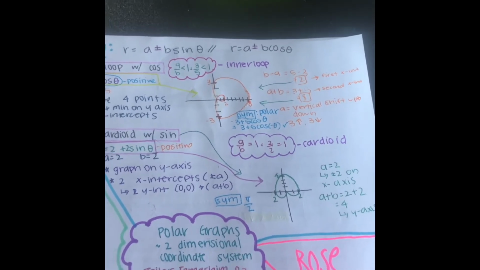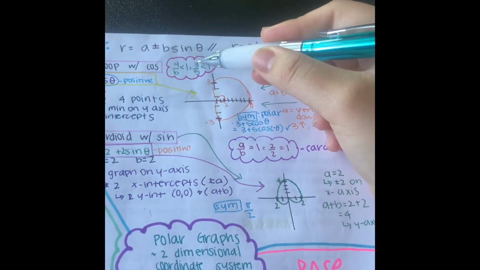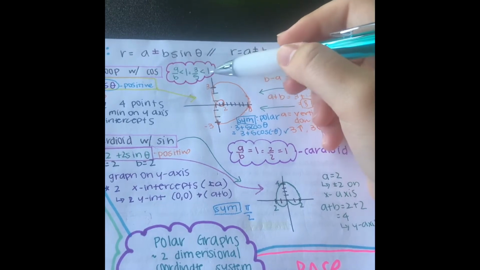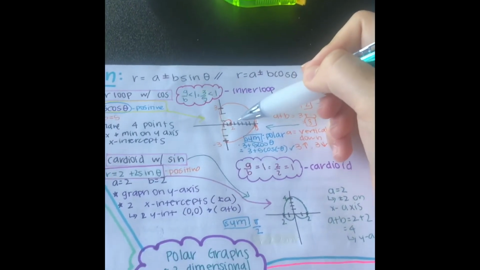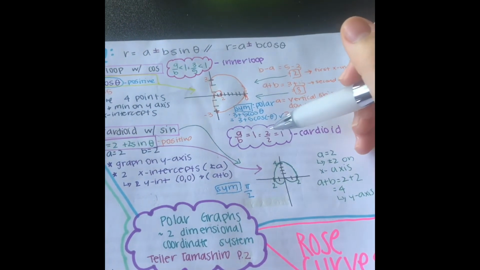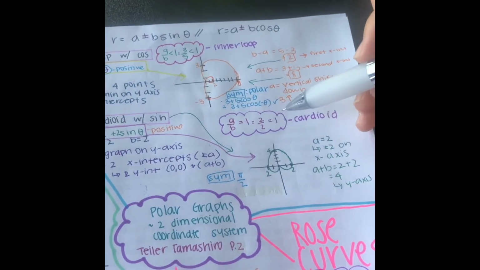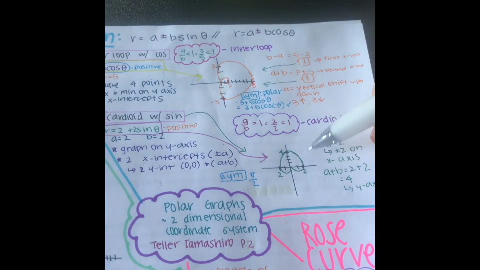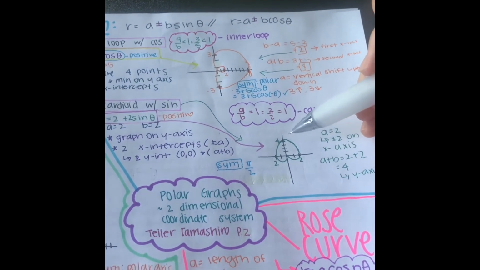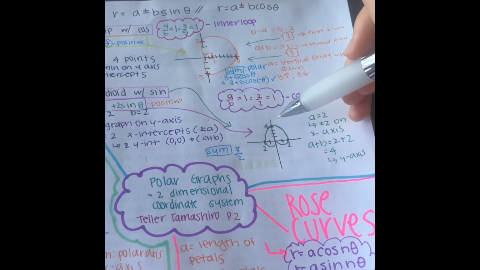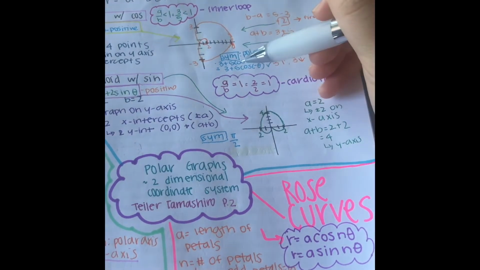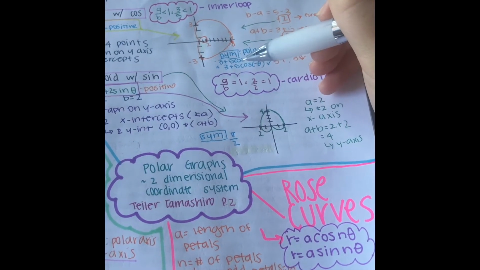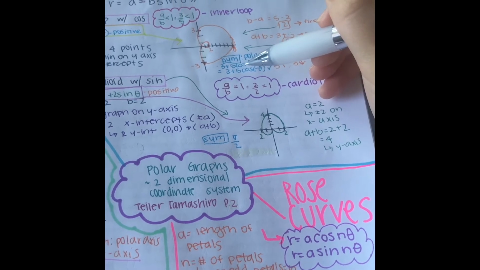So the inner loop has the formula of a over b is less than 1, then it would be an inner loop as seen in the graph. While a cardioid is a over b equals 1, which would show in this graph as well. A and b determine what shape the graph will have. So like I said earlier, the ratio a over b is less than 1 or a over b is equal